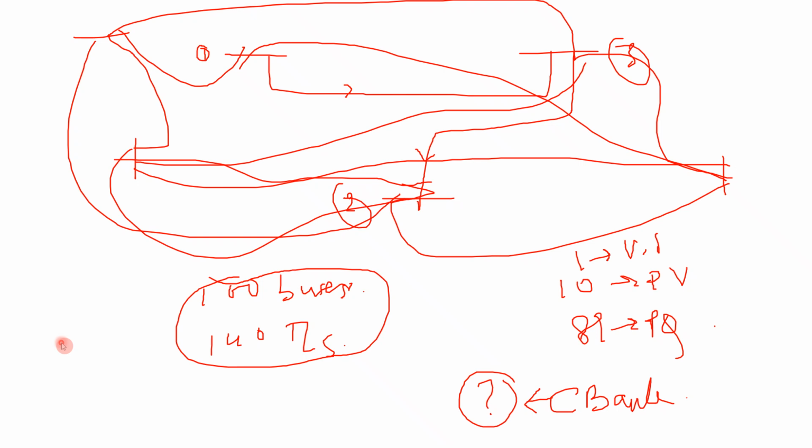That means in 89 PQ buses, in how many buses do you require a capacitor bank, because there is reactive power demand. Okay, so you have to calculate that. Generally it happens, because obviously if there are 89 PQ buses and there are 140 transmission lines, then there will be a requirement of capacitor bank because there will be excessive reactive power demand. So before connecting the grid, you have to do this calculation. Otherwise, if the grid is connected, the grid will collapse.